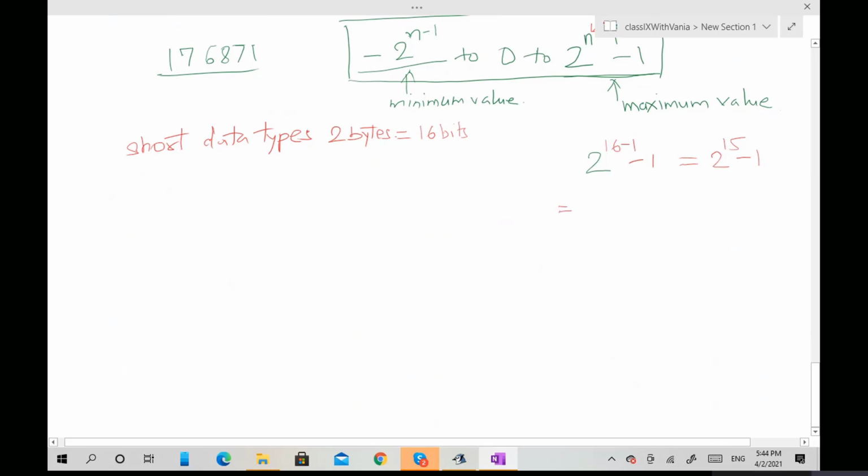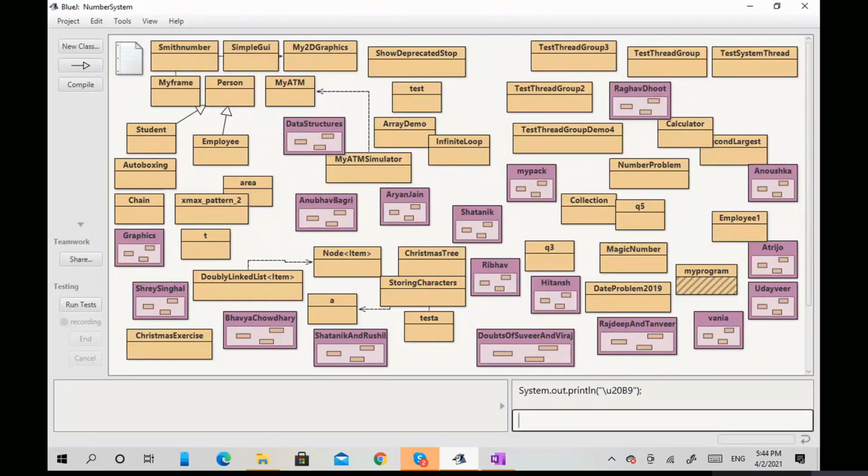It is very difficult for us to calculate all these by hand. So what we can do, as we are using a computer, is go to BlueJ. BlueJ itself will answer you, right? How will BlueJ answer you? You go to the code pad and write System.out.println, and you write Math.pow.